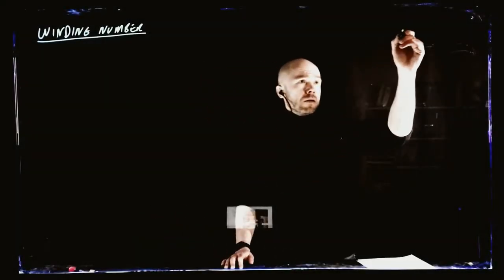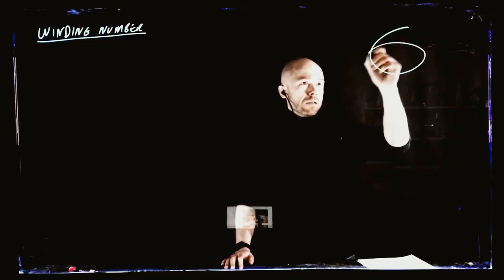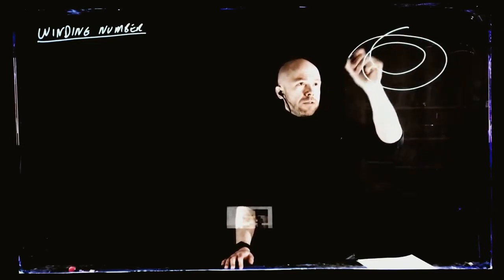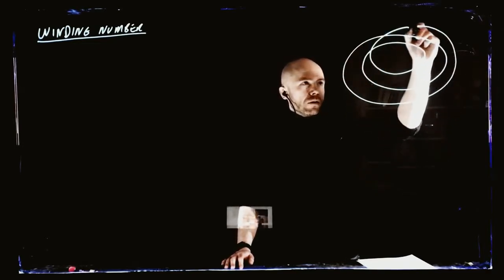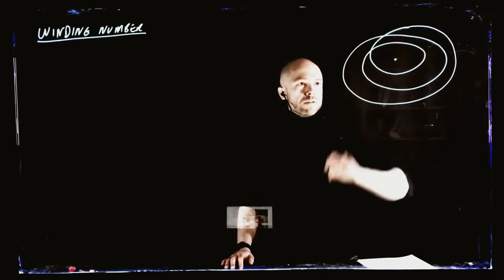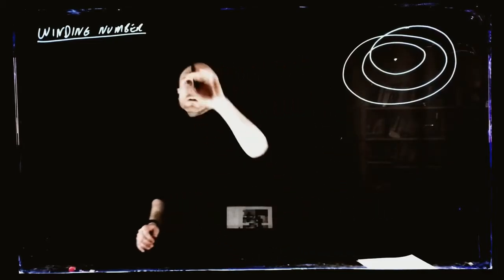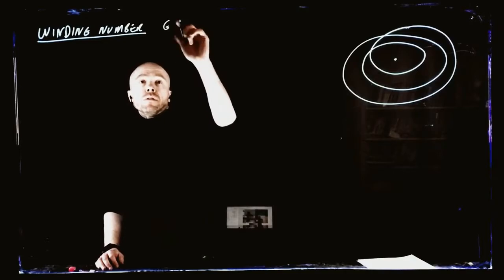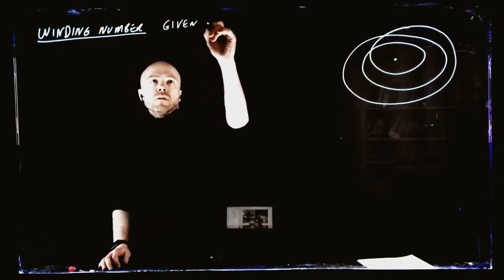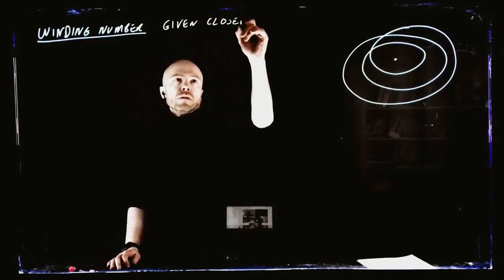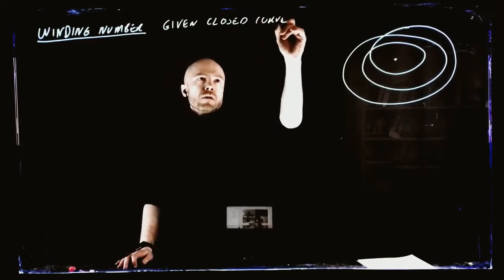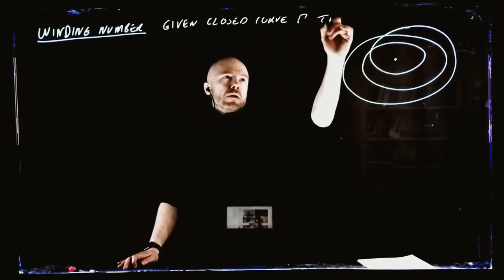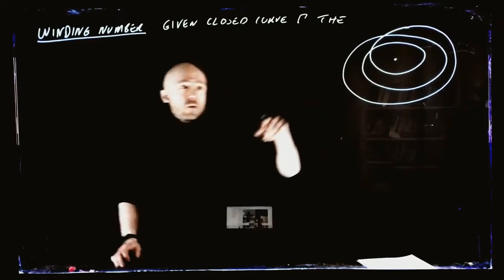All right, so the winding number before is the number of times a closed curve winds around 0. If this thing here is 0, then given winding anticlockwise,